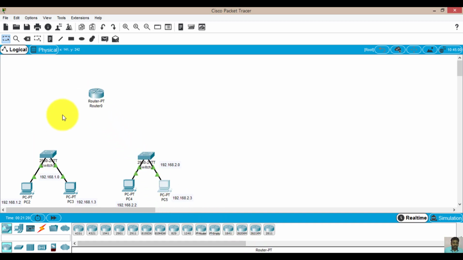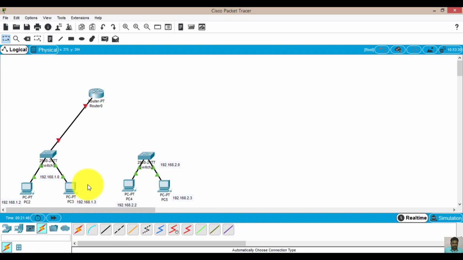Right now I need to connect these two networks, and then I want to create one more network on the right side. For that purpose I need Fast Ethernet and serial ports. That's why I choose this router. So let's connect it again. Auto connection, switch to this router, and then from the other switch to this router. So the physical connections are now done.